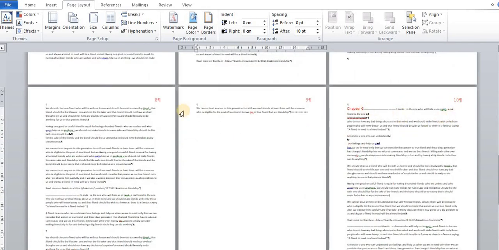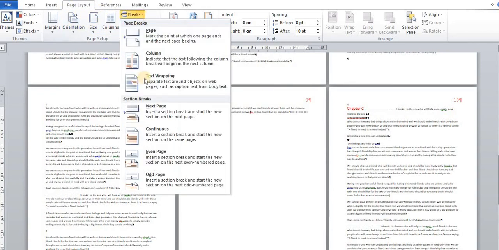So this is about the section break. Okay students, you have to practice more to learn about the breaks: page break, column breaks, text wrapping. In section break, you have Next Page to shift the content to the next page, which divides the document into multiple sections. Continuous will divide your page into multiple sections. And you know Even Page and Odd Page sections.